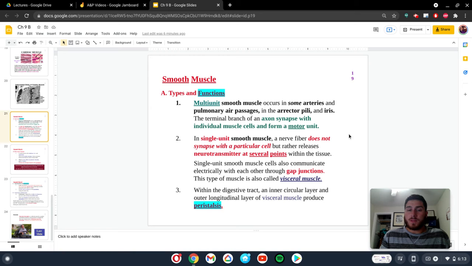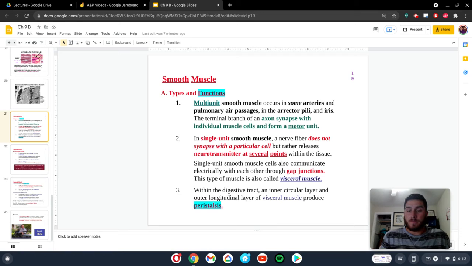But what we're going to talk about in this slideshow is that there are different types of smooth muscles. We have the multi-unit smooth muscle and the single unit smooth muscle. In a multi-unit smooth muscle, this is going to be in locations like some arteries, in the pulmonary air passages, erector pili muscles in the skin, as well as in your iris. So the end branch of the axon synapse is going to meet with an individual muscle cell